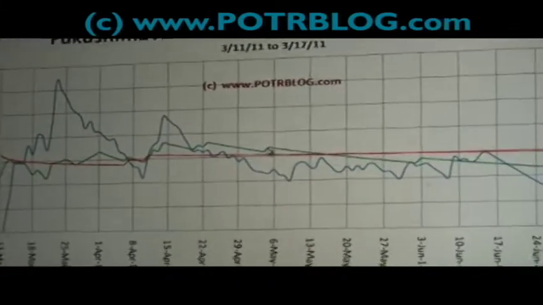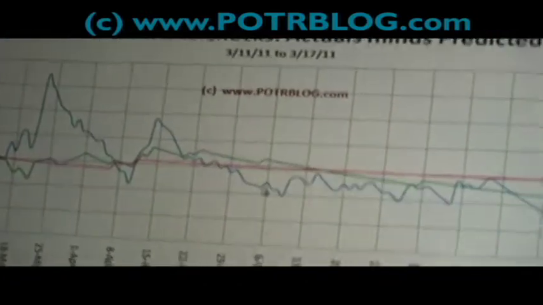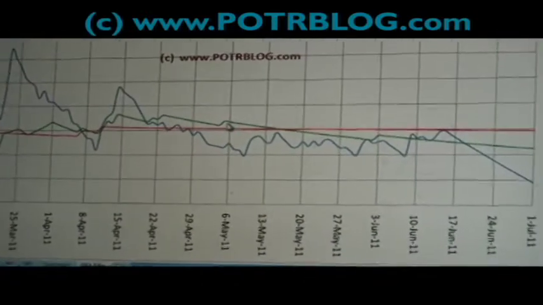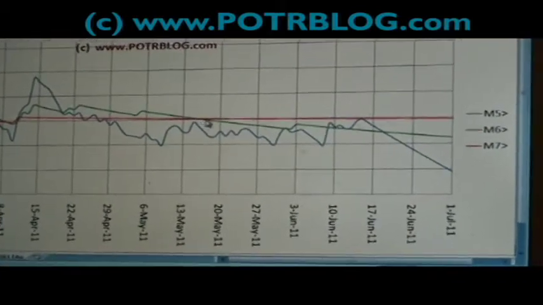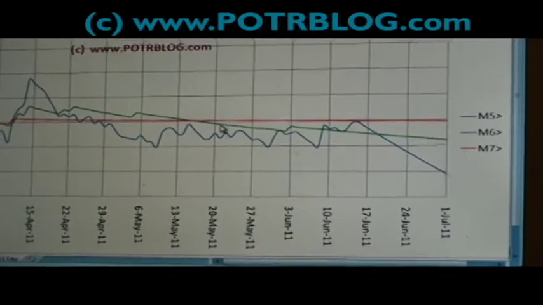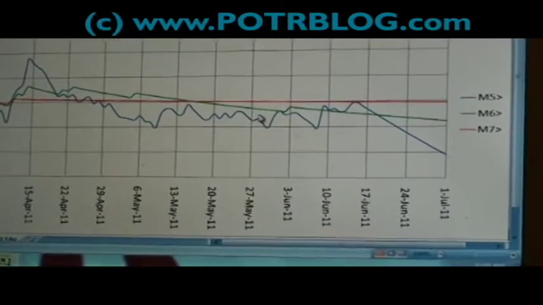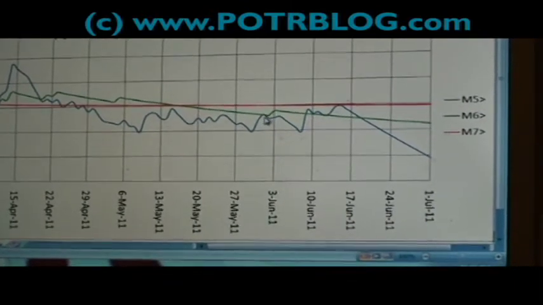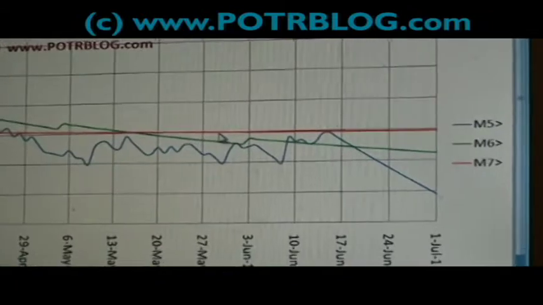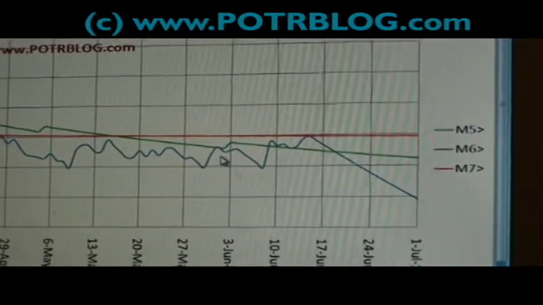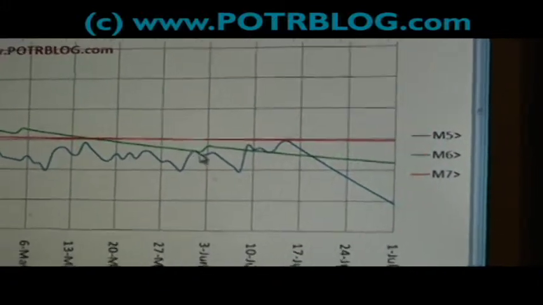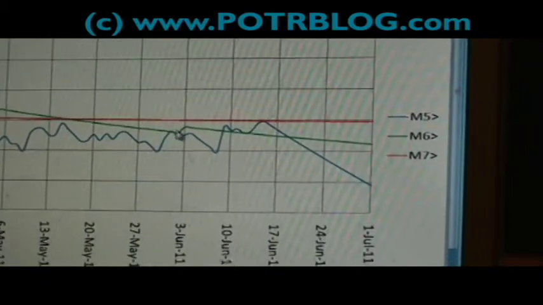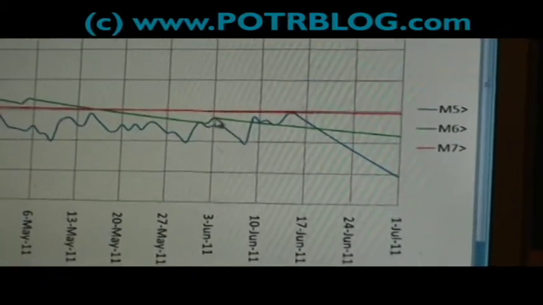Now it doesn't hold true every time. For example, here's a magnitude 5 that didn't cross, but you notice we're building up stress and then we had a release. So when we come out to about March 15th, we start running a deficit on the magnitude 6 shocks. We're getting less than expected. And if you look here, and this is a very tight little catch, it looks like it's about June 2nd. Again, we had the magnitude 5 line cross the magnitude 6 line, so we had a magnitude 6